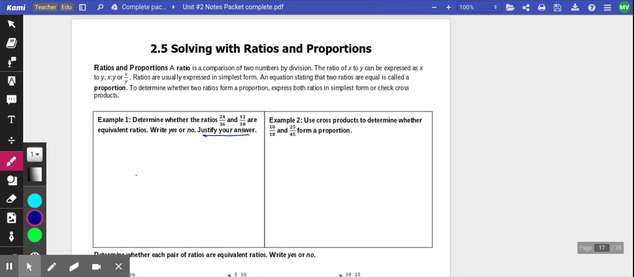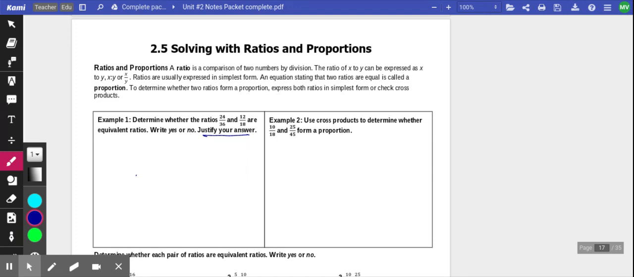So ratios and proportions. A ratio is a comparison of two numbers by division. A ratio of x to y can be represented as x to y, x colon y, or x over y. Ratios are usually expressed in simplest form. An equation stating two ratios are equal is called a proportion. To determine whether two ratios form a proportion, I can express them both in simplest form, or I can check